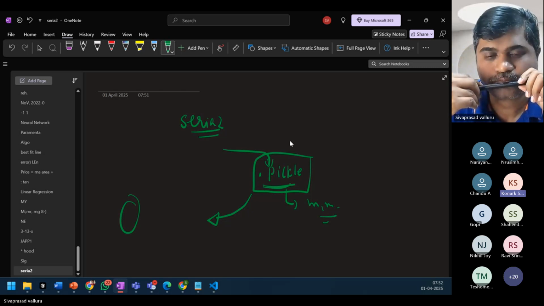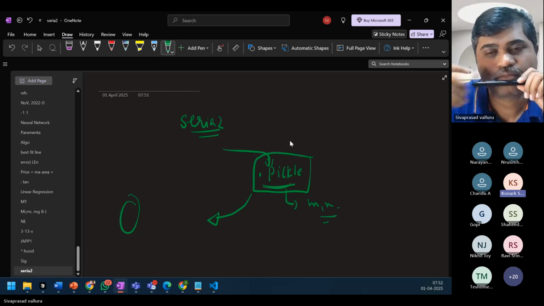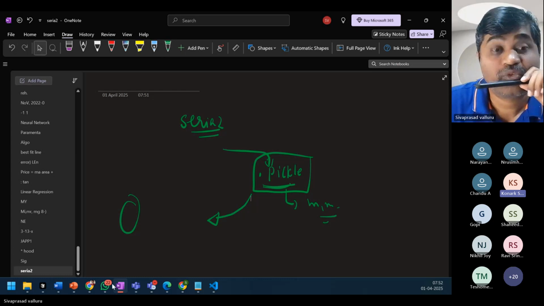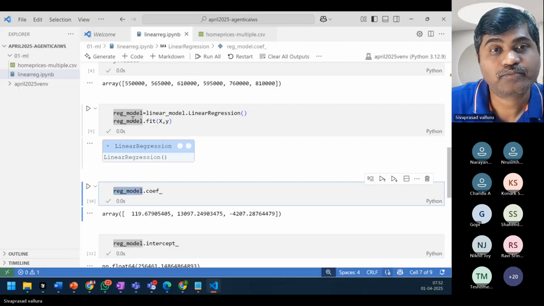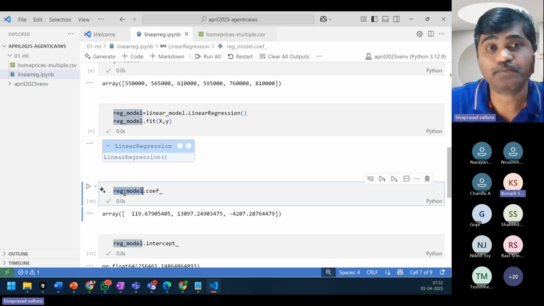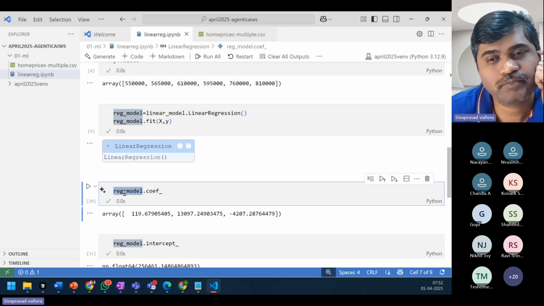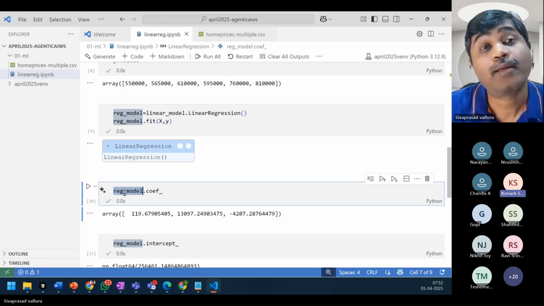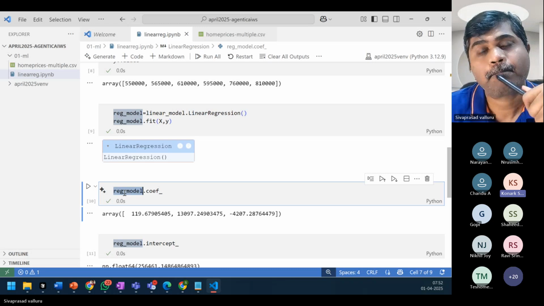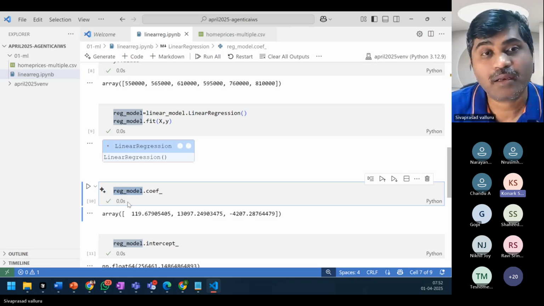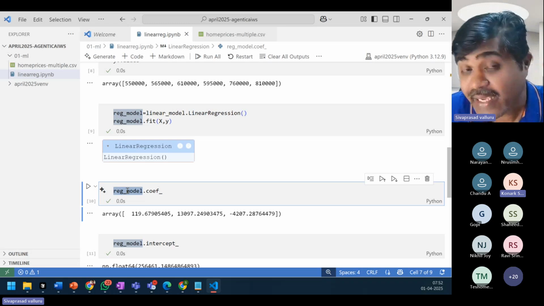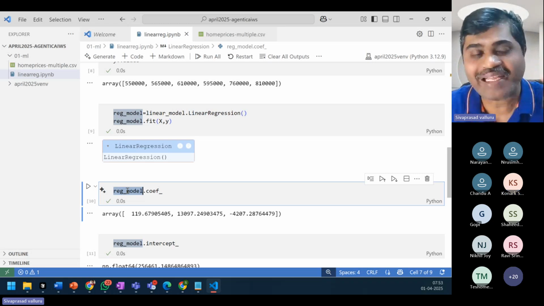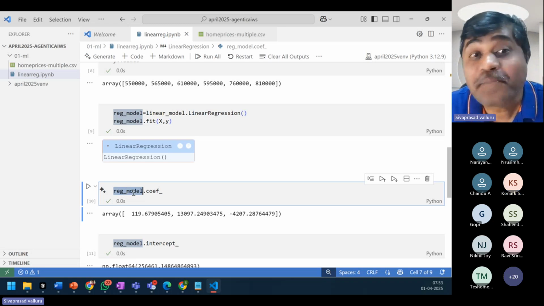I'm thinking that when we call that dot fit function, it becomes an object. After that, this model file is maybe just an equation with M1 and M2, so it will be very small in terms of space to save. In this case, okay, I'll use the right terminology: this is an object.